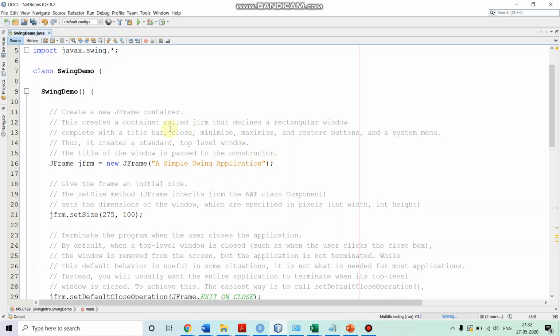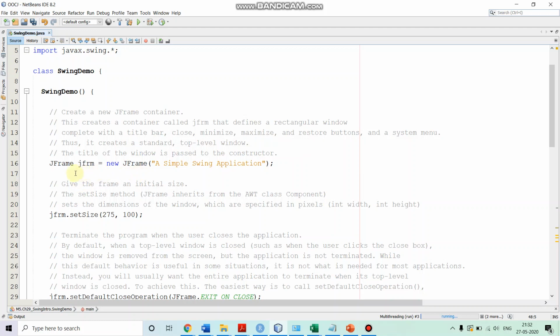This will create a JFrame object reference, which we name jfrm. This will create a container that defines the rectangular window, complete with the title bar, close, minimize, maximize, restore buttons and a system menu. So this will be our top level window.